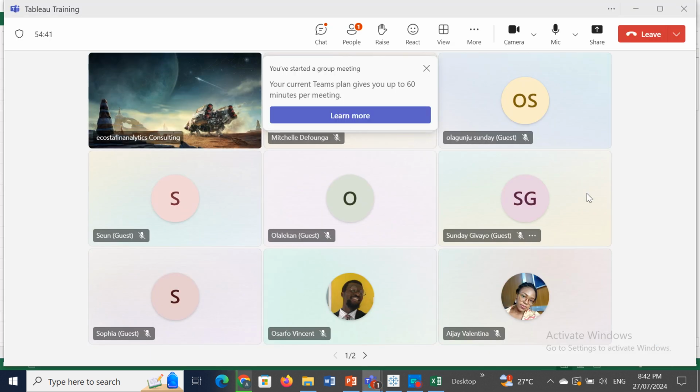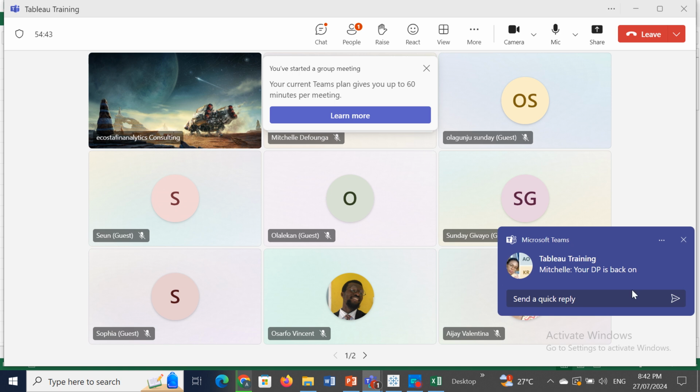First and foremost, before you can start using Tableau for data analysis,